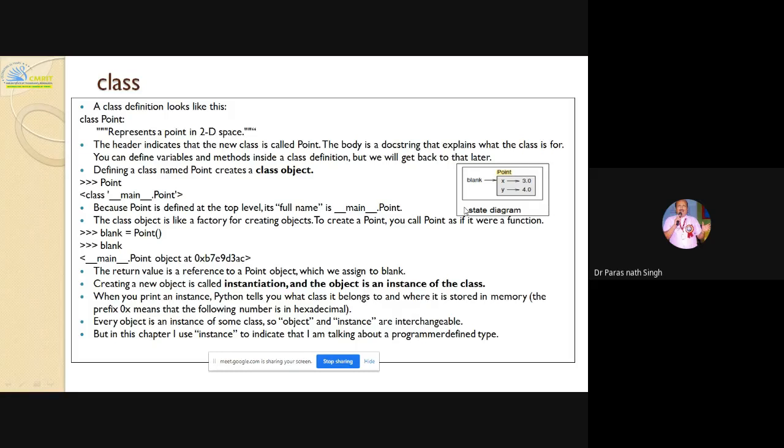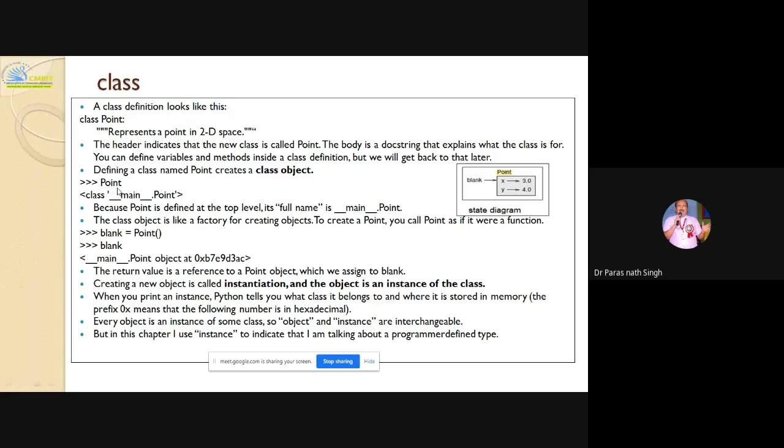In earlier courses of engineering, one module was there, UML, Unified Modeling Language. Are you doing it somewhere else in your mini project or not? In which way are these classes and objects represented in the state diagram, object diagram, class diagram, reference sequence, all those diagrams? Here Point is the class name, and x has the value 3 and y has the value 4. It has the two coordinates. We can call it a state diagram also, an object diagram also.